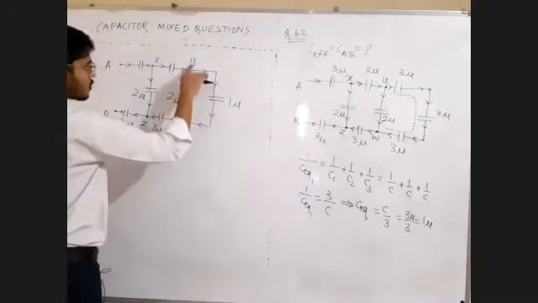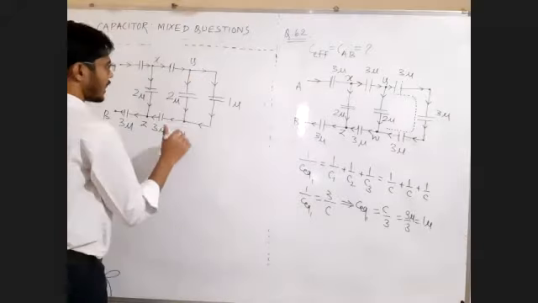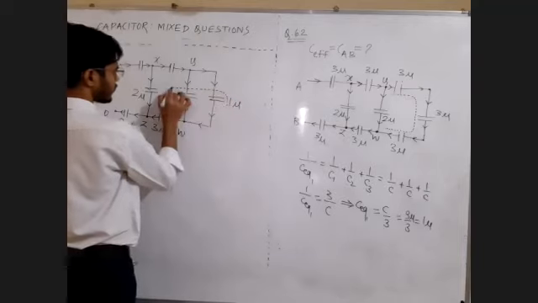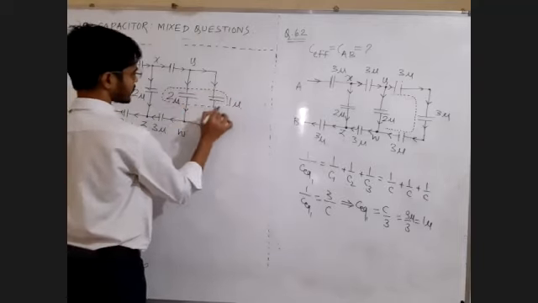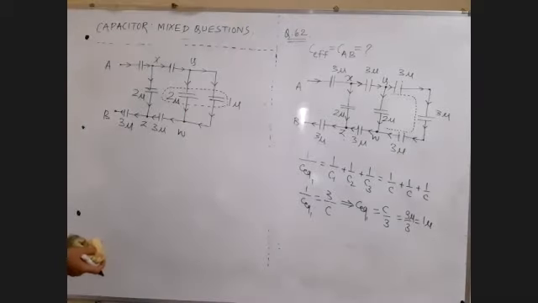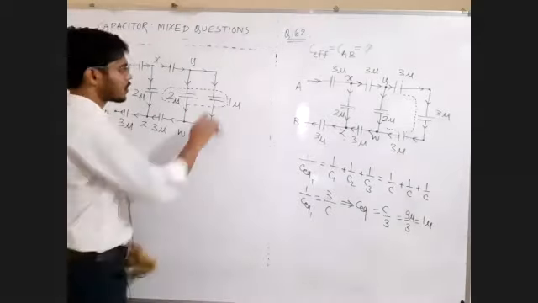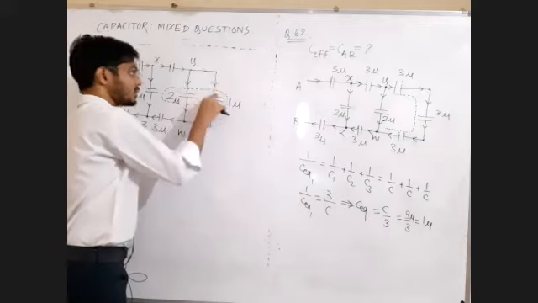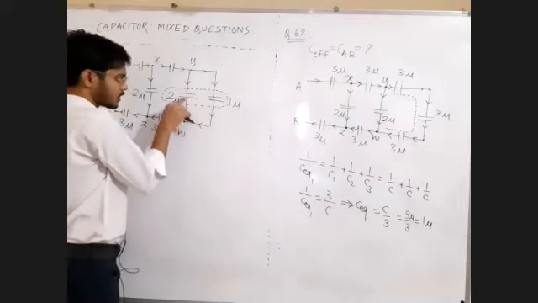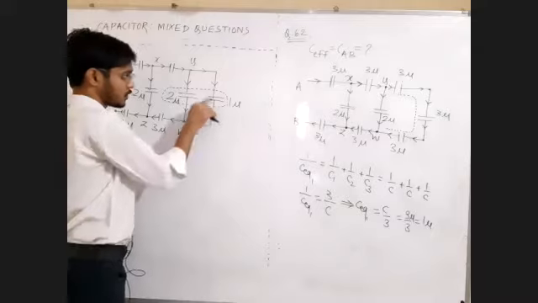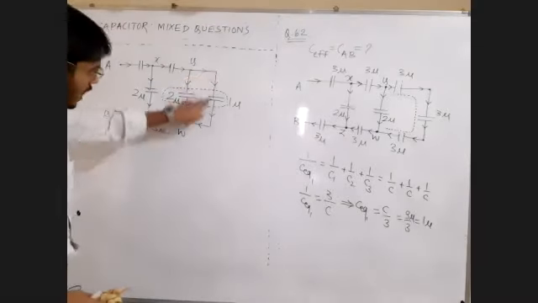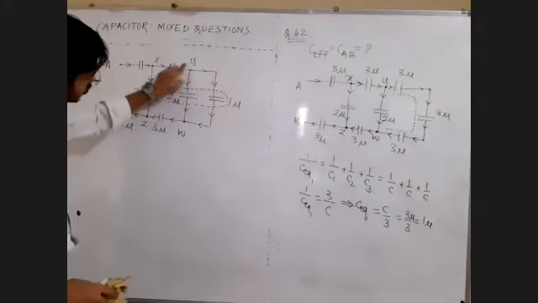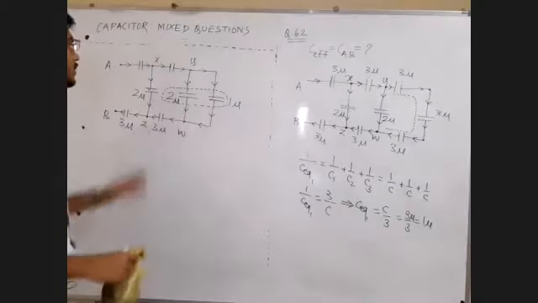Now between points Y and W, these two capacitors are in series. Sorry, these two capacitors are in parallel. Capacitors in parallel, resistors in series. Why are they parallel? Because this Y point is connected to this plate, and the same Y point is connected to this plate. This W point is connected to this plate, and this W point is connected to this plate. So this branch is between points Y and W, and this branch is also between points Y and W. So these branches are in parallel.